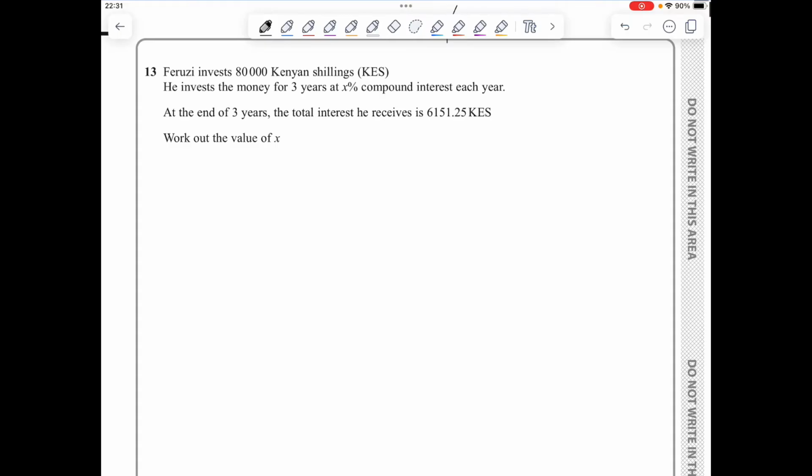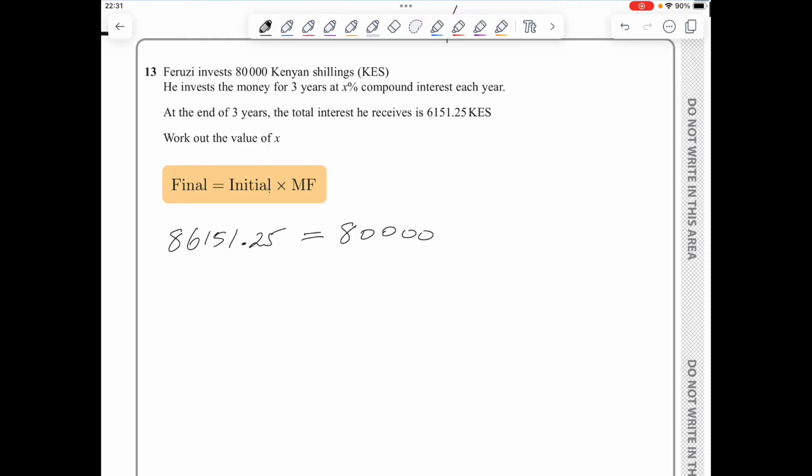Question 13 involves an investment, so I'm going to use the following formula. Now the initial amount is 80,000. The final amount is 80,000 plus the interest received. And my multiplying factor should be raised to the power of 3 because we're talking about 3 years. Rearranging this gives me multiplying factor to the power of 3 equals 86,051.25 over 80,000. And putting this on the calculator will give you